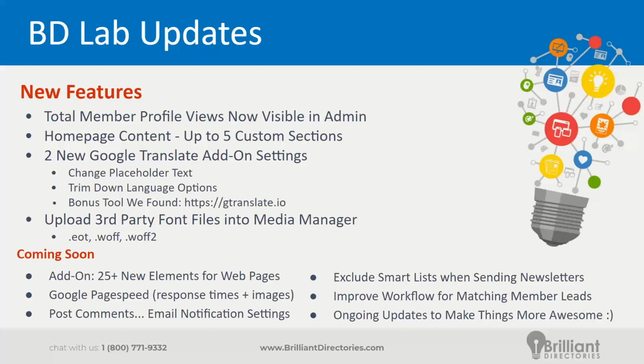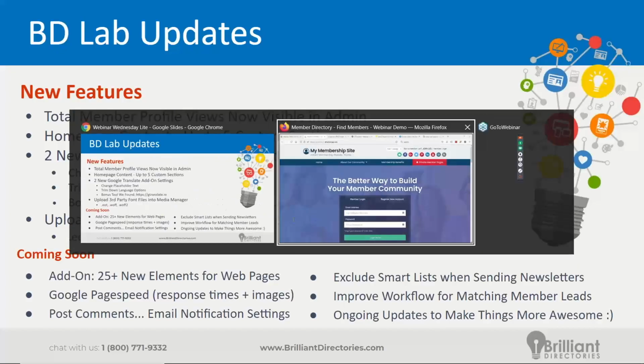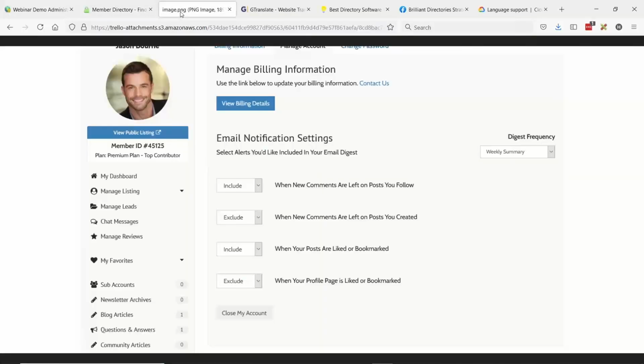What we're going to create are email notification settings that your members can turn on or off for their member profiles. We don't have the final logic laid out yet, but I can show you a preview of the direction we're heading in. I do have a mock-up image here. So in their member dashboard, we're thinking of adding an email notification settings area. And here they can choose their digest frequency. So they'll get a summary of things like if there's new comments, if there's new likes, things like that.